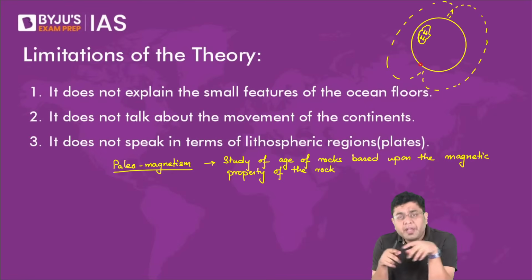Now, when we talk about the formation of a rock, it happens by solidification of molten materials. How does that take place? The particles, molecules, etc., are all in a molten state. They all cool down and solidify. But in that brief moment before they solidify, when they are still in liquid state, the iron particles, the magnesium particles, whichever are present, will arrange themselves as per the magnetic field lines of Earth.